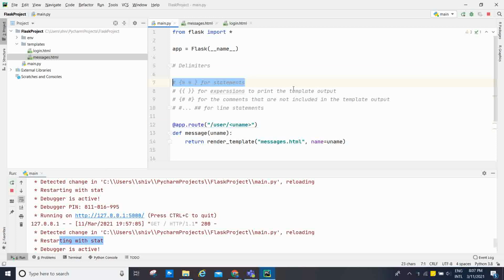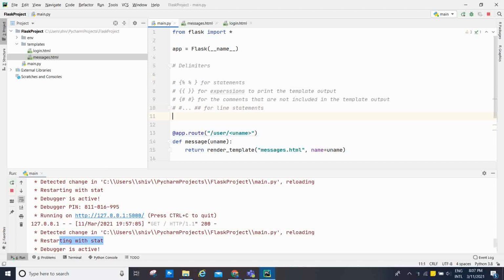Now I am going to show embedding Python statements in the HTML file. Due to the fact that HTML is a markup language purely based on designing, sometimes in a web application we may need to execute statements for general purpose computation.